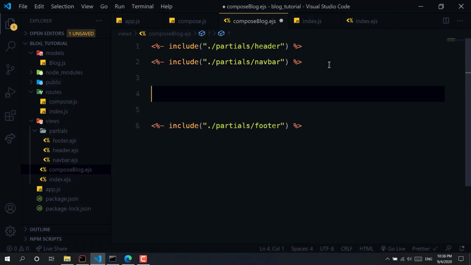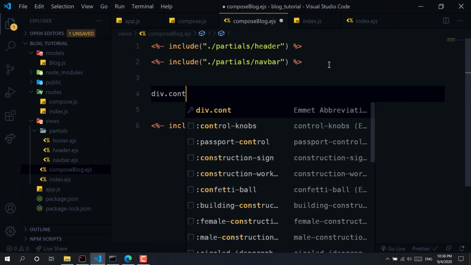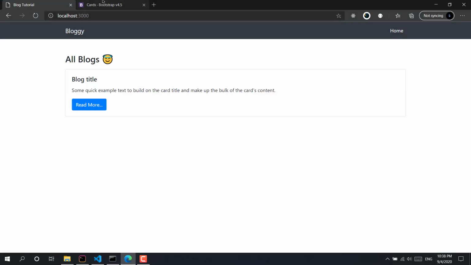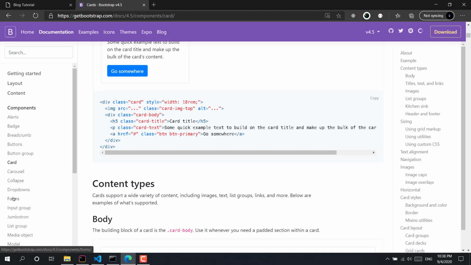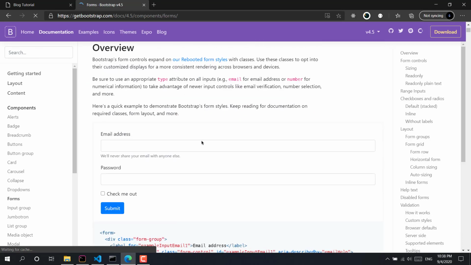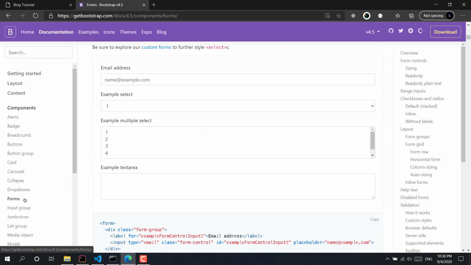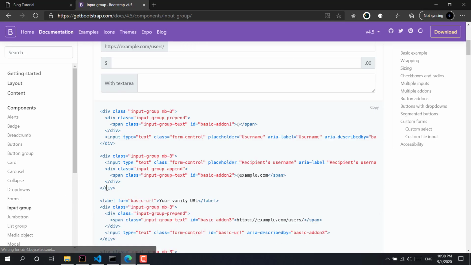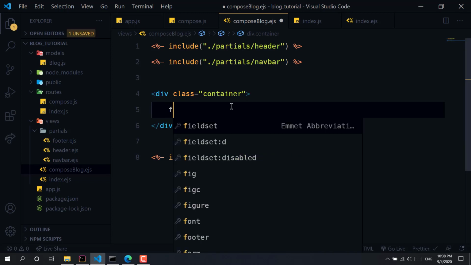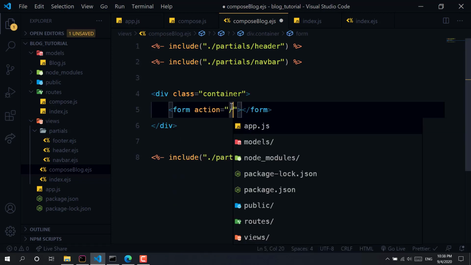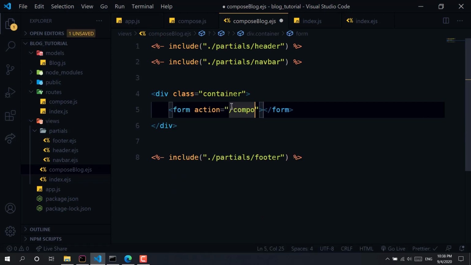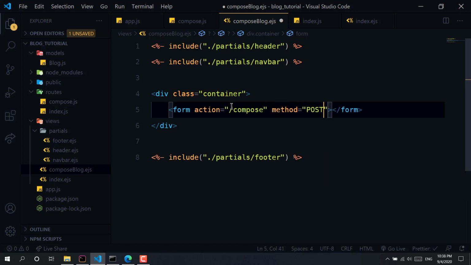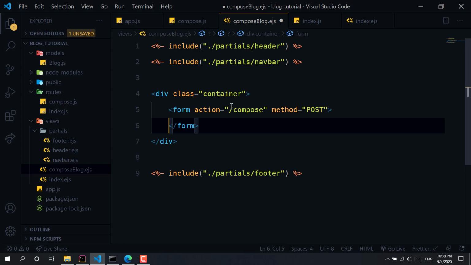So it should work. As you can see, I refreshed and it is working. So now what we need to do is wrap things in the container, and we will have some forms. Let's just create one on our own. We will have a form with action compose and method post, because we want to post data.